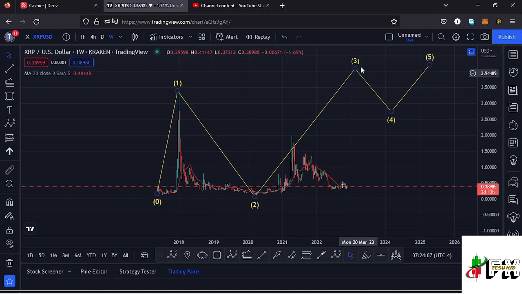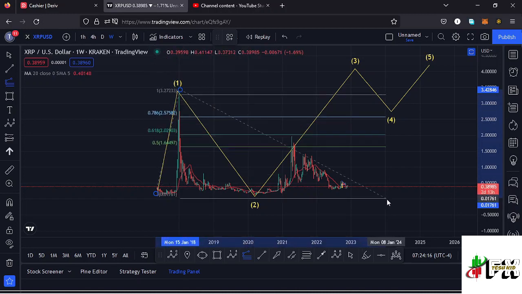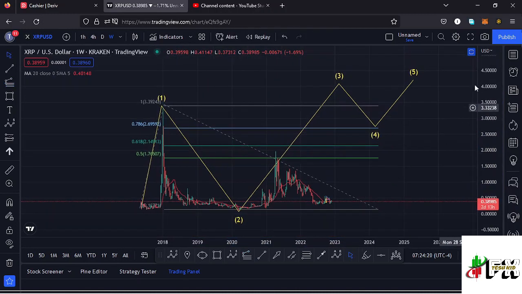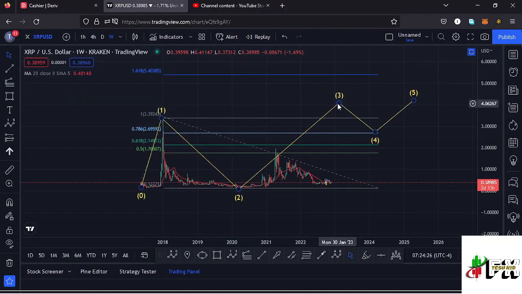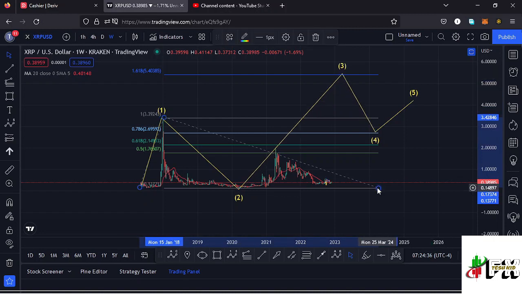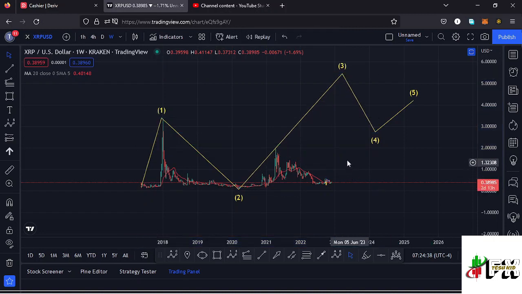And giving you a minimum target area to the upper side in the formation of this wave 3 using the Fibonacci's, connecting them from the low of the first wave to the all-time high, then dragging the fibs to the low of that higher Elliot wave count 2. That gives me a minimum target area to the upper side in the formation of this higher Elliot wave count 3 at the fib level 1.618, and that is at around the $5.4 mark, and that is the minimum that I would expect XRP to do